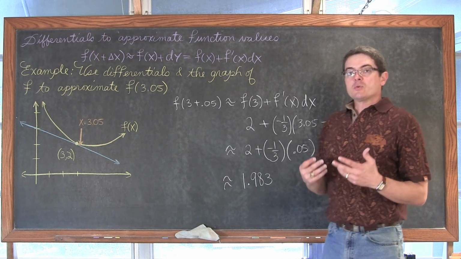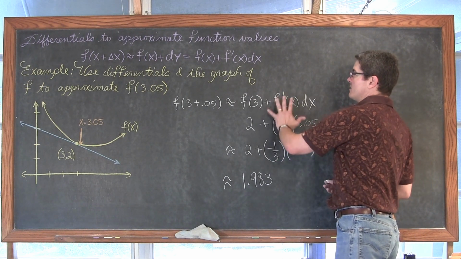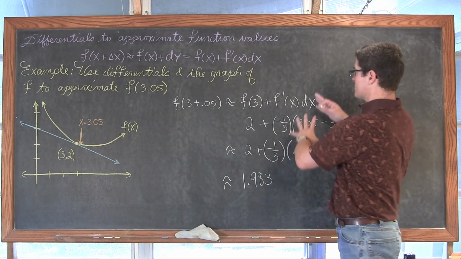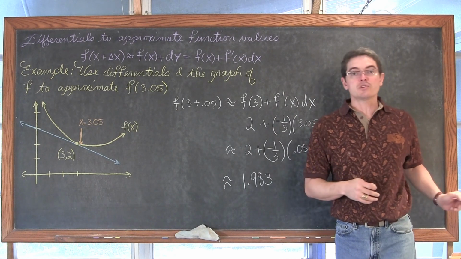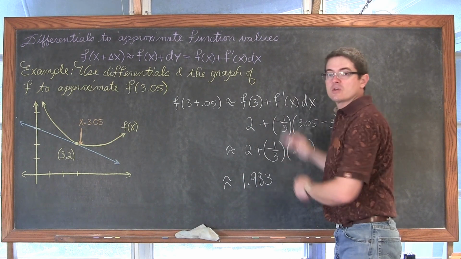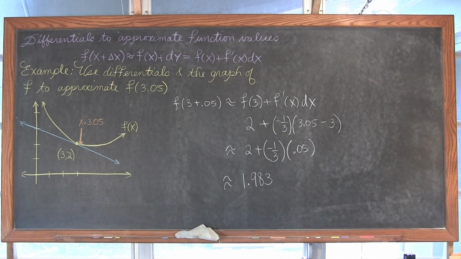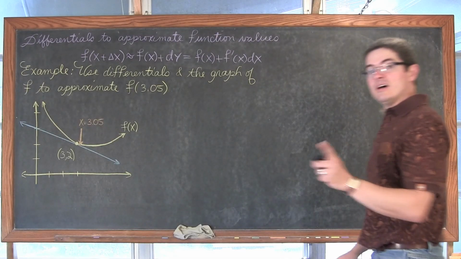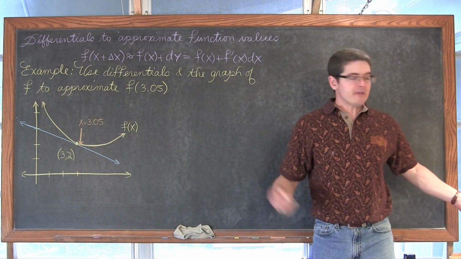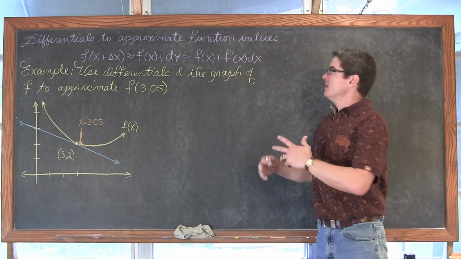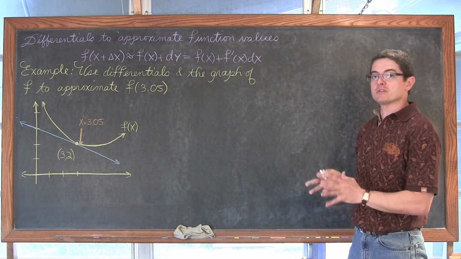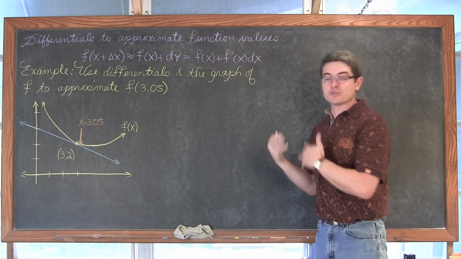Now, I followed the directions to a T, saying that I'm using the differentials, but it is called a tangent line approximation of the function. So there's another look to this solution, which I'll give us right now. It's actually a little bit less notation, but this is good for remembering what all those notations mean. If you remember that this process is called tangent line approximation, all that nice notation, delta x and dy and dx and all that good stuff, what all that means and represents in the function, is key for this section because we're just introducing it.